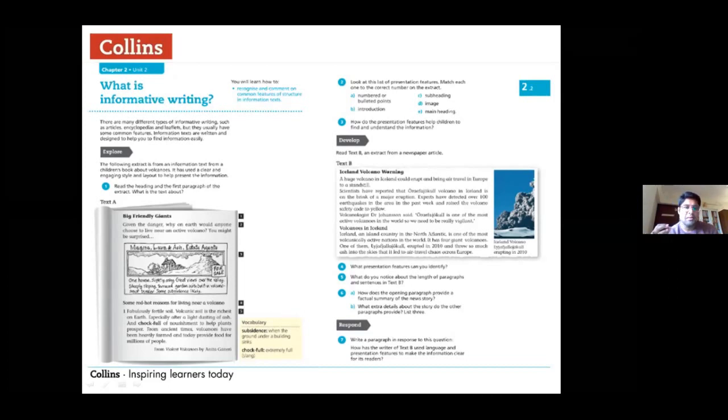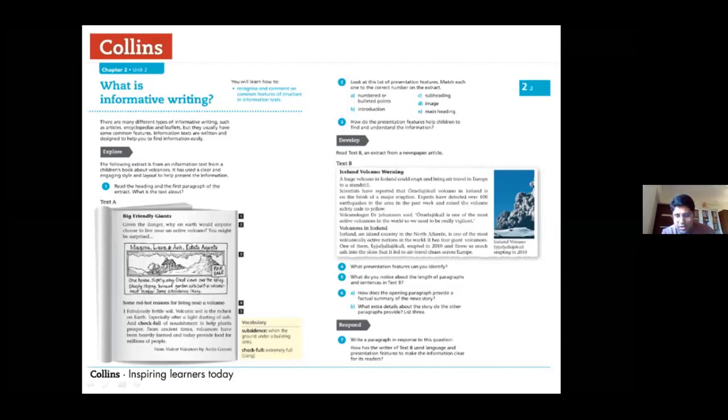Collins resources, the joy of using Collins resources is you get to lay your hands on a wide range of text types and a wide range of texts with a lot of questions as exercises. And the rigor of the exercise really is challenging. It really prepares, because these are exactly exam style question sets.